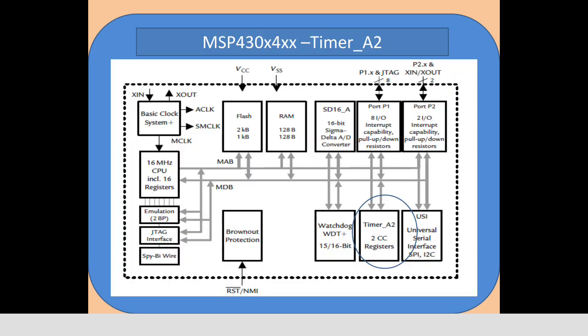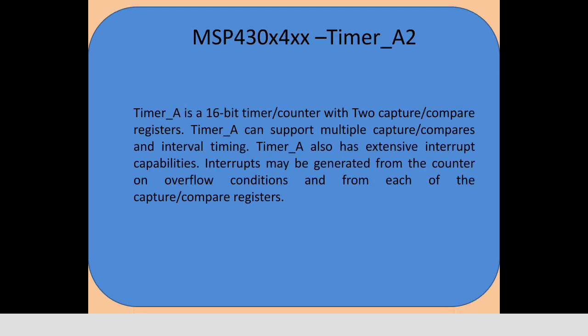Then coming to timers. So here we have timer A2, which is used with capture compare registers. The timer we are using here for counting purposes and providing an interval. So here we have a chance to count either in the upward direction, that is from 0 to n stages, or downwards from n stage to 0. It measures the time taken by the operation, and sometimes it provides the time period to complete the operation.